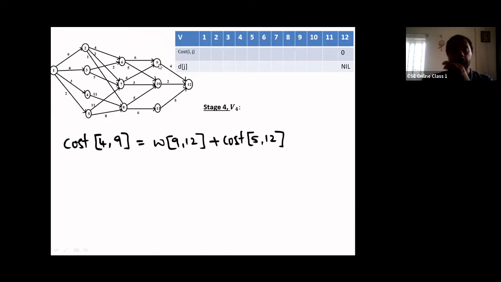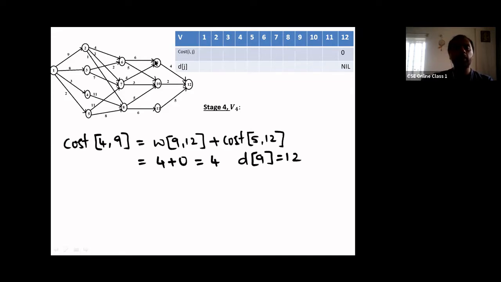So therefore, we don't have any computation here. If we had more than one edge going out of 9, then we would have gone for finding out the best one. Here, as we don't, what we do is: the cost of connecting from 4th stage vertex 9 to sink is equal to the weight of connectivity from vertex 9 to vertex 12, plus the shortest path from 12 to sink. Vertex 12 is in stage 5, so its value is 0. So we get a value of 0. Am I right? So 4 is the connecting cost, and then the shortest path of 12 to sink is 0.